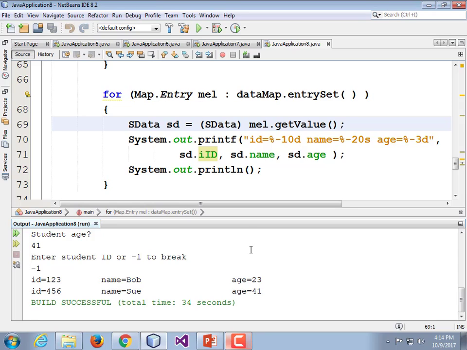And I hope you'll agree with me that doing this with an array list would take more programming. Certainly not impossible to do. You'd have to search through the array list element by element until you found one that matched the student ID. So getValue returns